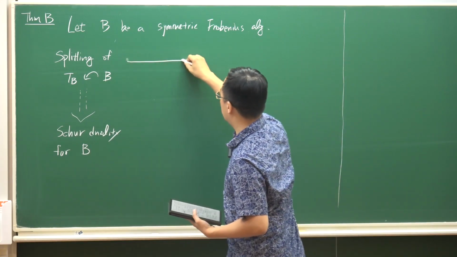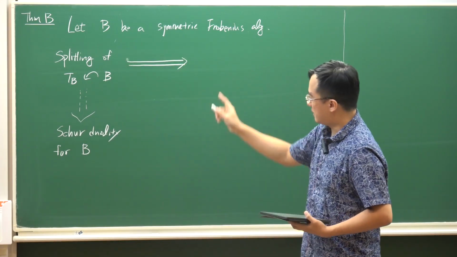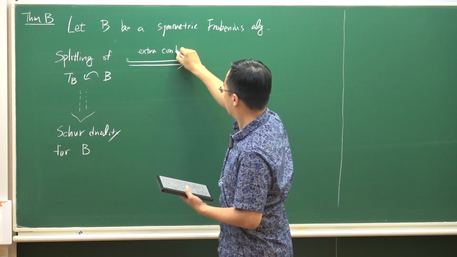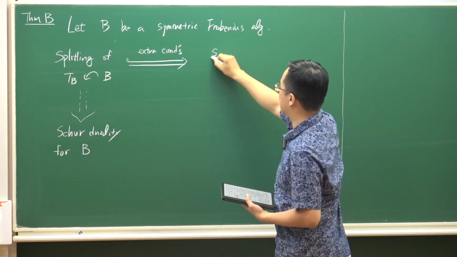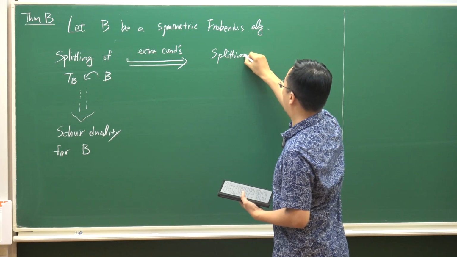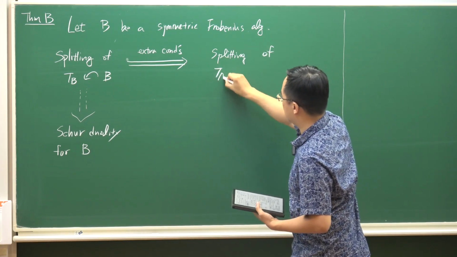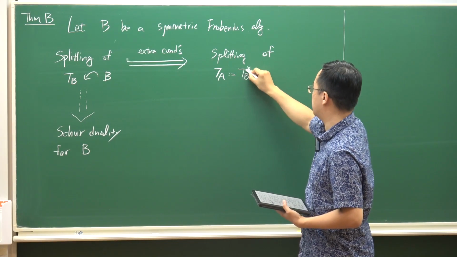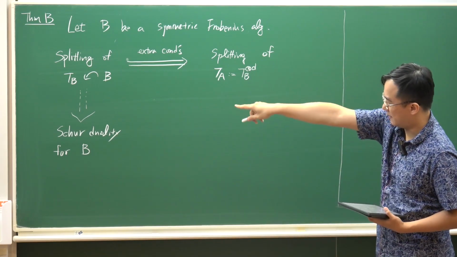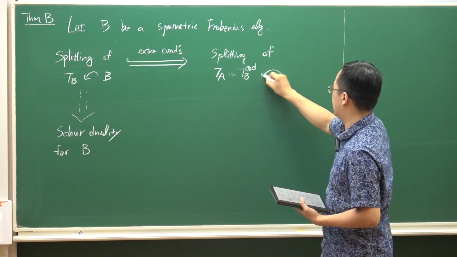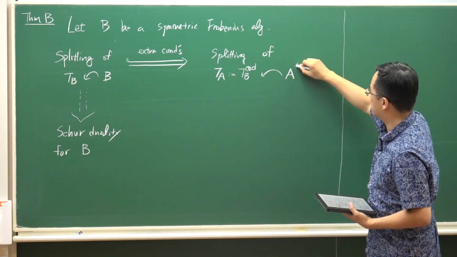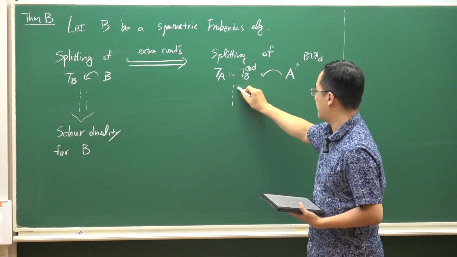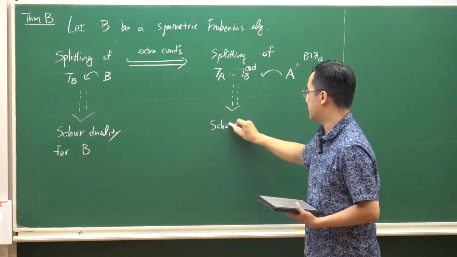And we will show that once you have the splitting plus some extra conditions, you can get a splitting of a new tensor space, coming from taking the tensor of the lower tensor space, which has an A action. Oh, by the way, A is this quantum Wreath product. And then this implies a Schur duality